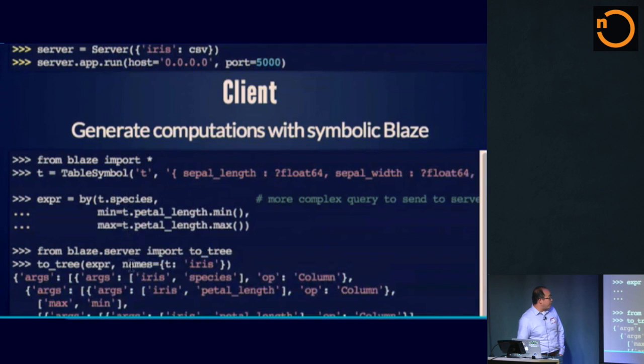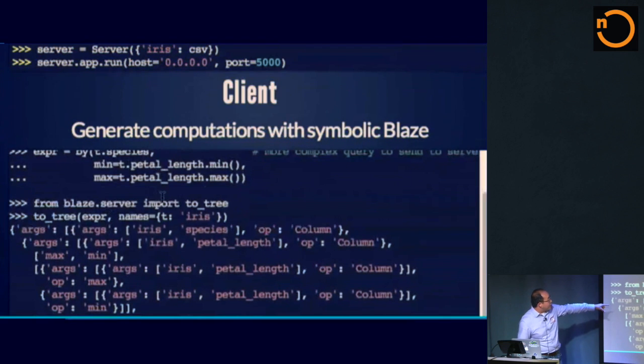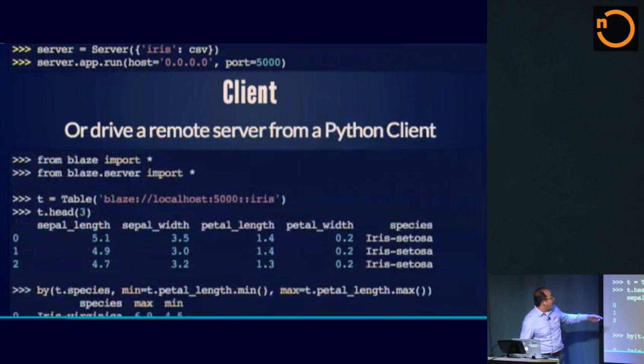What you can see Blaze is going to do here, with the server, is that the compilation infrastructure in Blaze takes these expressions and turns them into this kind of query syntax, sends them to the server, and then we have a table that's actually this remote Blaze array, and it goes and runs. We can grab the head, and then,